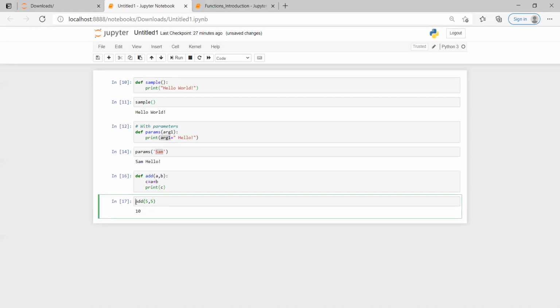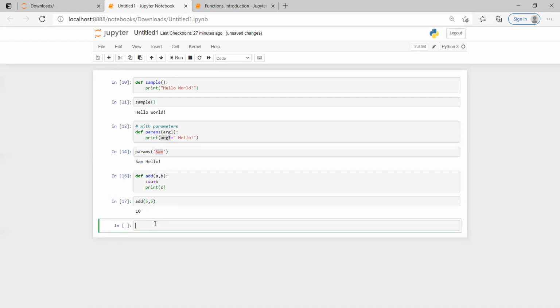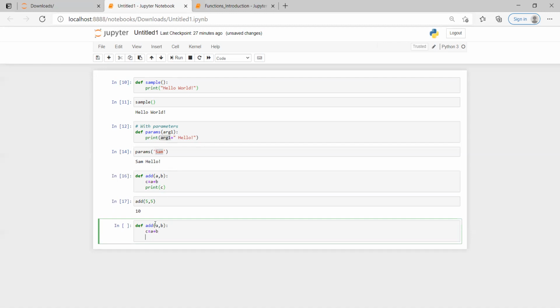But what if I want to hold this value by calling this function? That's where we define add of a comma b, ending with a colon, with a temporary variable c where you add the values a plus b, and I have a keyword called return, so I'm going to return c.